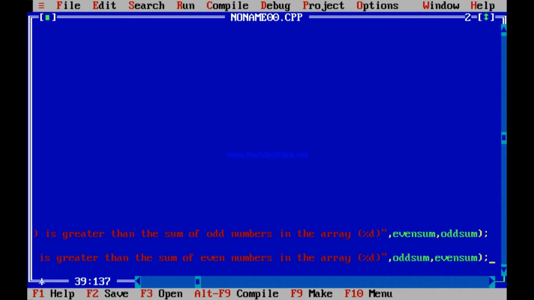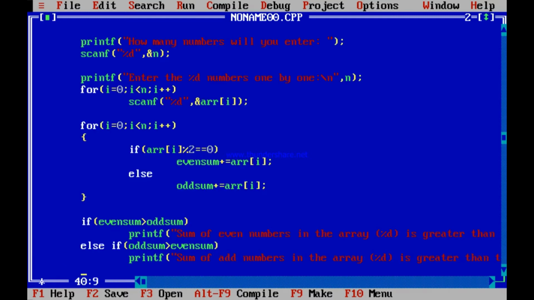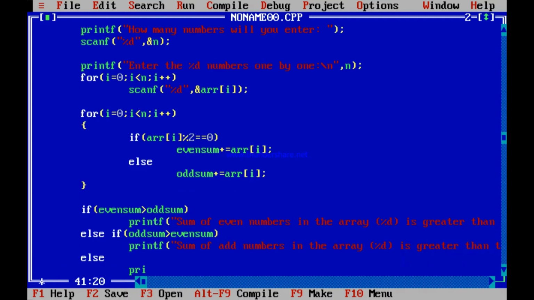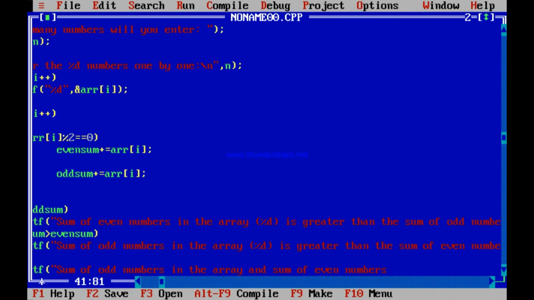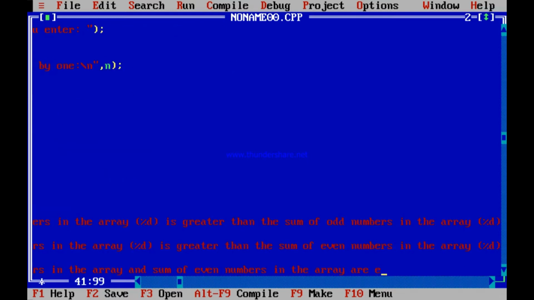So this is the program, and there will be an else part, don't forget, which means they are equal. Here you need to write printf sum of odd numbers, this is not add, odd, sum of odd numbers in the array, and sum of even numbers in the array are equal.